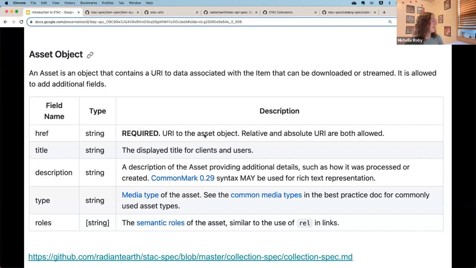And then these other parts are optional if you want to include that. But most of the time we're getting all of the information that we need from the higher up sections. And by the time we're at the asset, we know that's the data we want to download. The most important thing is just getting the link to do so.